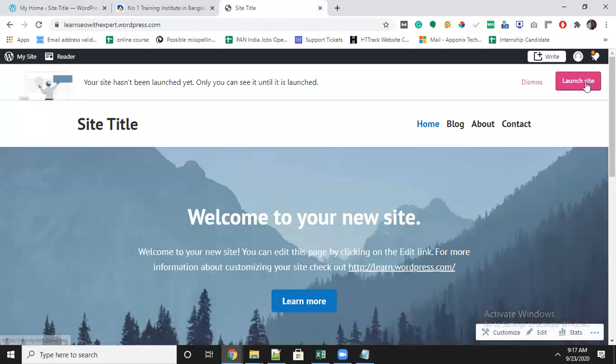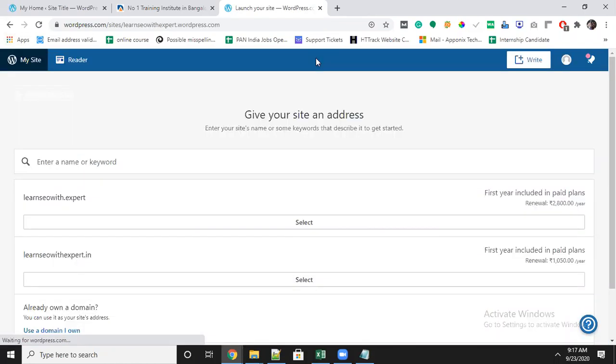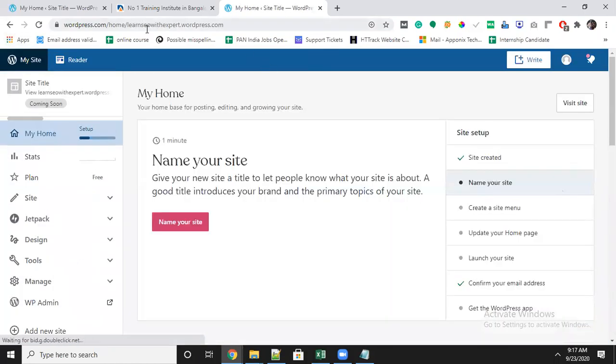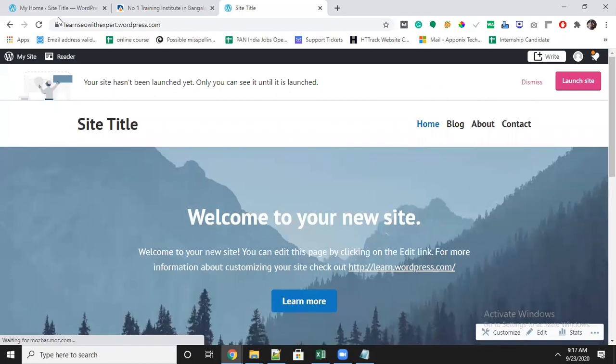Okay, I will customize one by one and I will show you how it looks. I will just remove this and run it. They're telling to launch it.